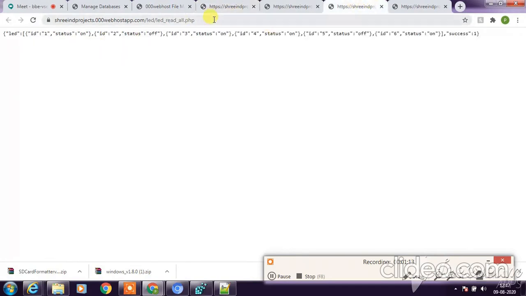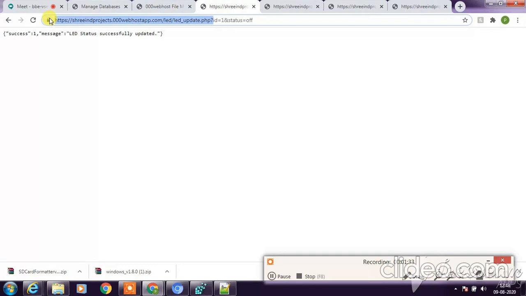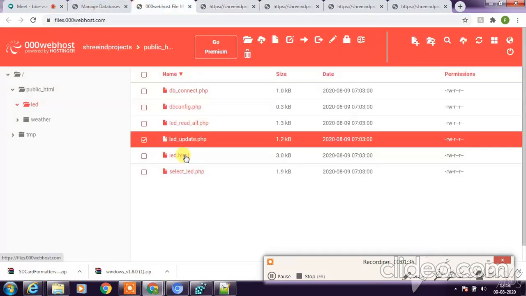Let's go and see what it is. I'll just reload this. It was off. We're able to see previously it was on, now it has become off. So after whatever is given here for the update, I'll copy from question mark to my last line, and I'll just say Ctrl C. I'll go here, I'll open the HTML code.